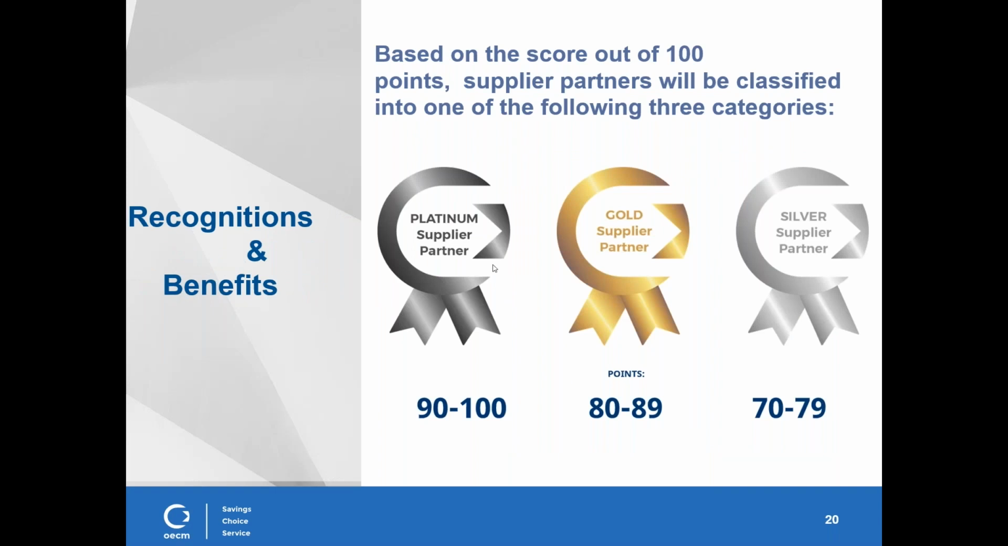The recognition of the supplier's success will be through 3 classifications of platinum, gold, and silver. And throughout the evaluation period, OECM will constantly monitor our supplier partners' performance and improvement opportunities. Our SRM team will communicate these during the regular touchpoint meetings with our supplier partners and assist them with improving their performance. For the suppliers with lower than 70 scores, OECM will also create performance improvement plan in collaboration with